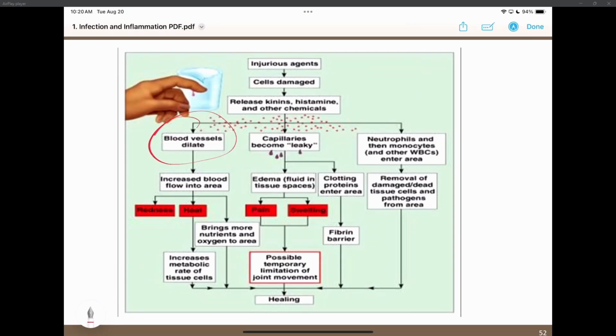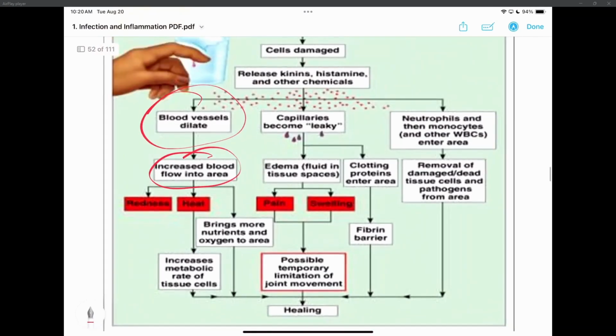One, blood vessels become leaky, or they dilate. When the vessels dilate, we have increased blood flow to the area. And this is hard to see now. Okay, so increased blood flow to the area, we have more blood in that area, causes the redness, the rubor. Heat, also swelling, because you have blood there. Remember, blood is warm, 98.6. Your skin is not that hot, but blood supply is going to that area now, so it causes the heat to form with inflammation.